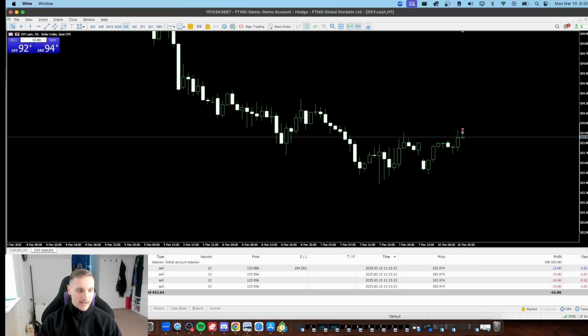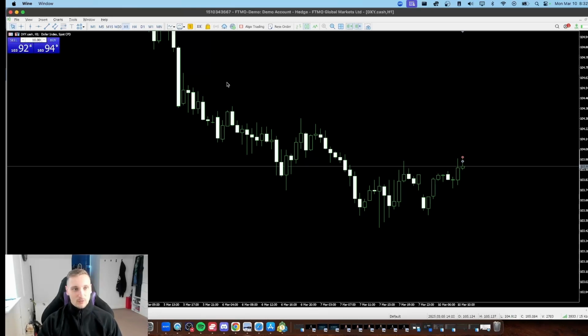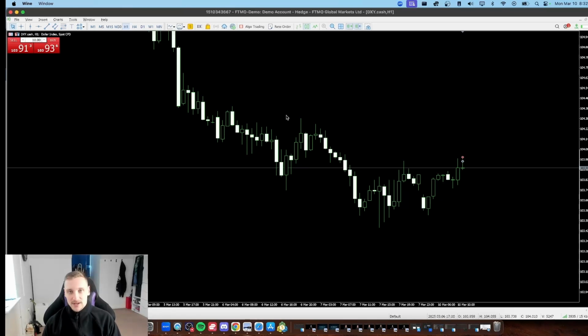I want to quickly now go on to DXY. I have already taken a few trades to test it out. I'm currently using here an FTMO demo, a swing demo, which means the leverage is 30 to 1. So with 30 to 1 leverage, first of all, to understand if it's worth trading a pair, how much lot size can I put on? How much risk can I allocate? Well, generally with 30 to 1 leverage, I've been able to risk around 3% on my FTMO at one given time. So what this now means is how do I work out the lot size